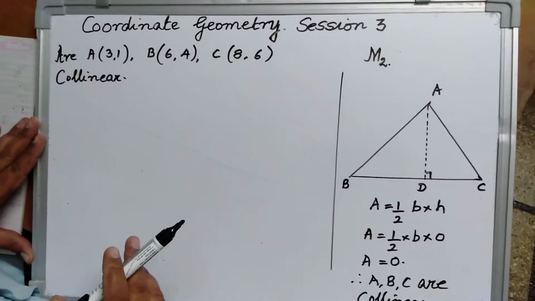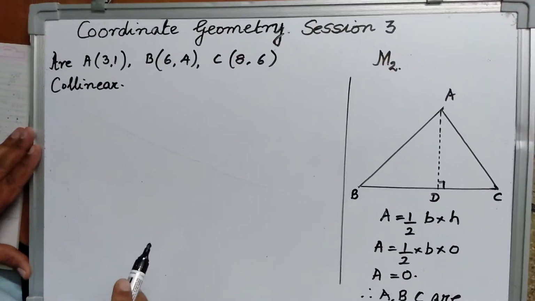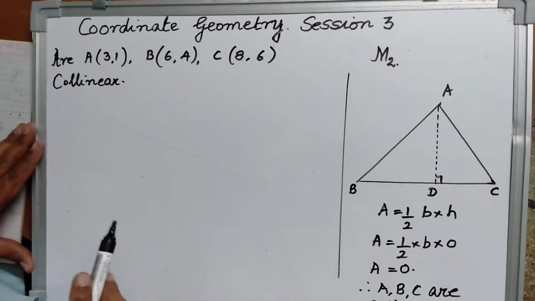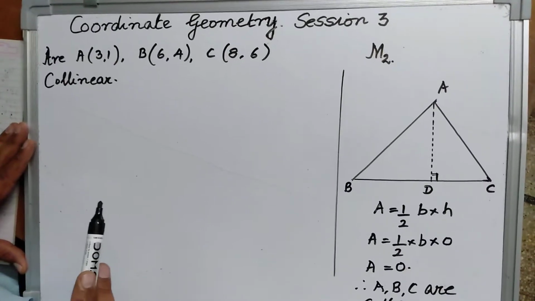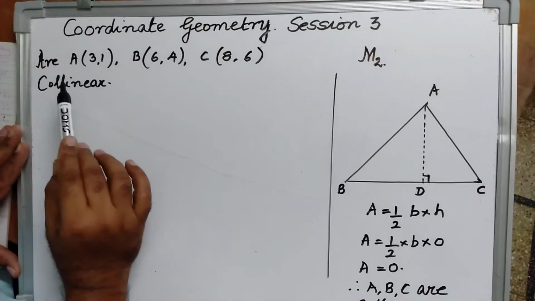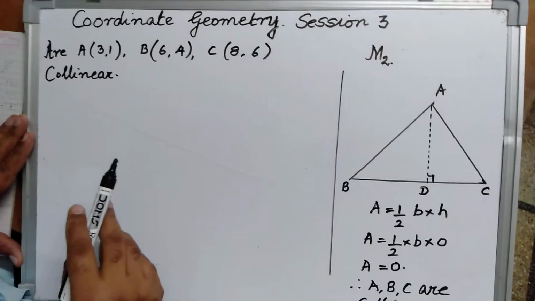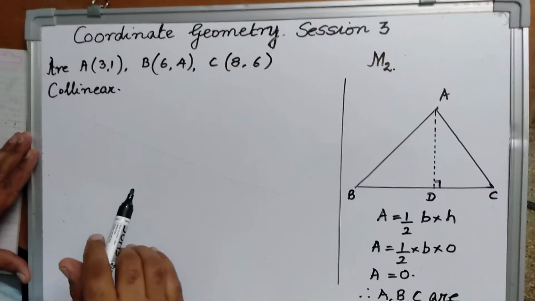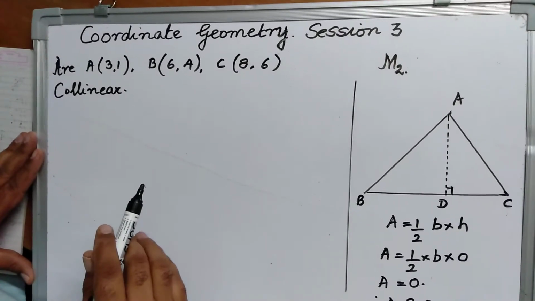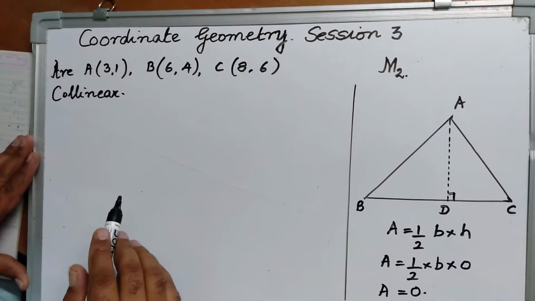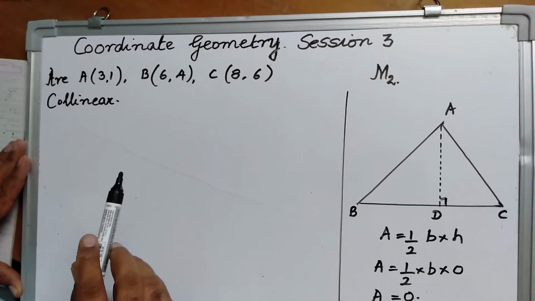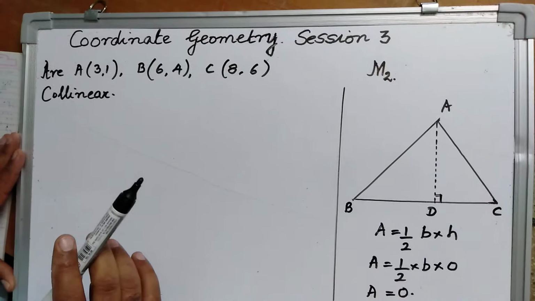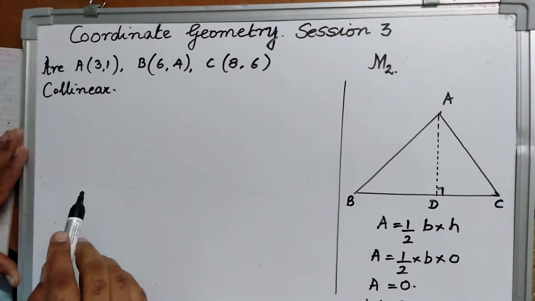Dear students, in the previous session 2, we used the distance formula and showed that the 3 points A, B and C are collinear. That was method number 1. Now in this session, we will discuss the second method of showing that the 3 points given are collinear,